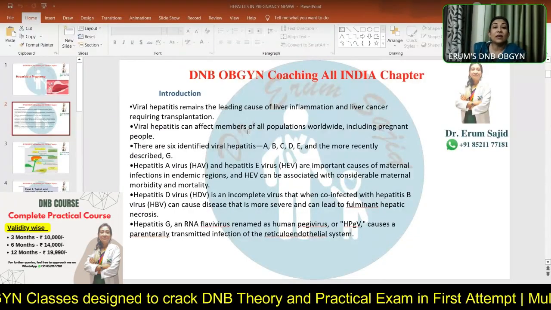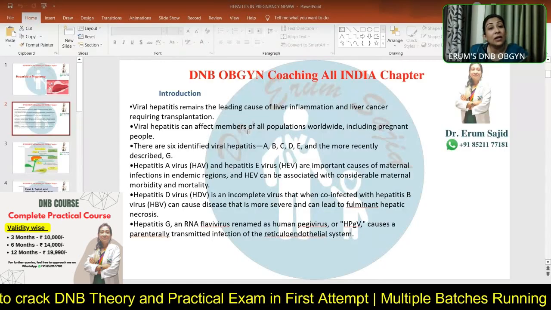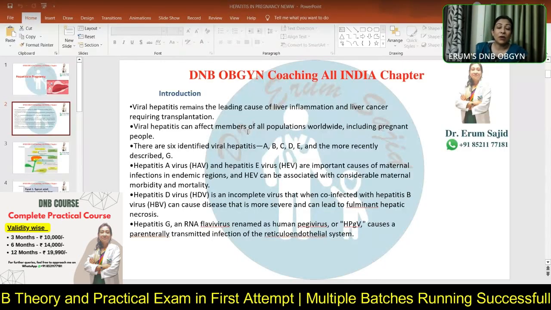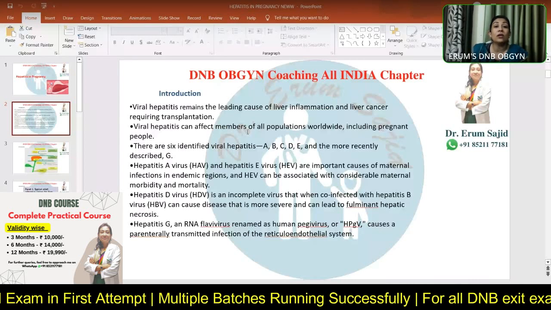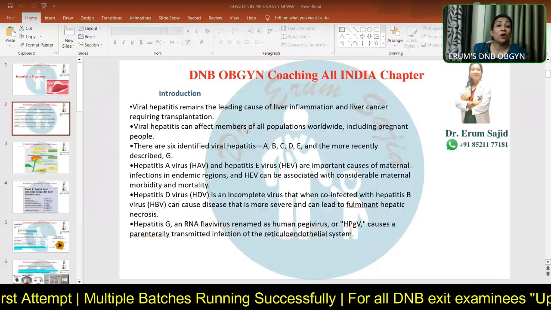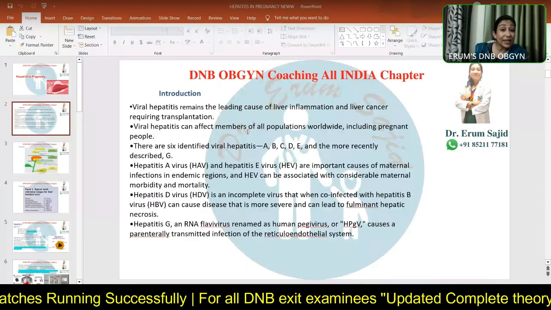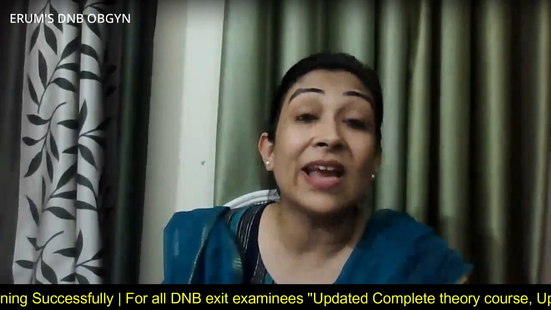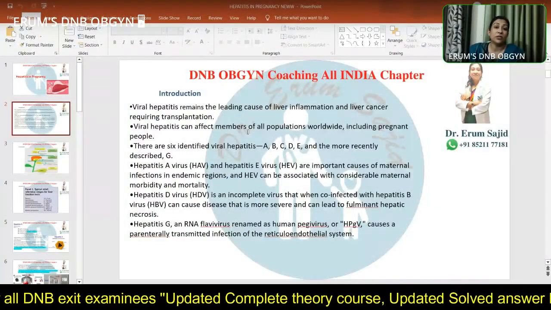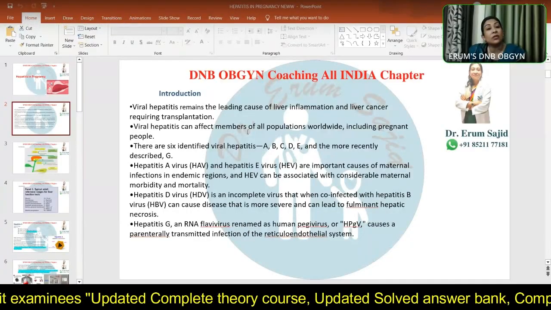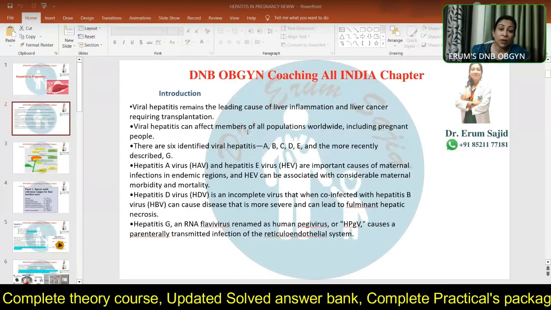And HEV is associated with considerable morbidity and mortality. Since I was from Gangaram, Delhi, we were one of the pioneer and really good institutes for liver transplantation. So we got this burden of hepatitis E in pregnancy, a lot of patients to see. The mortality in gynae and obstetrics was negligible, except for these kinds of patients. Hepatitis E patients were in a really morbid condition, and many of them could not be saved. The baby survived, but the mother could not be saved.